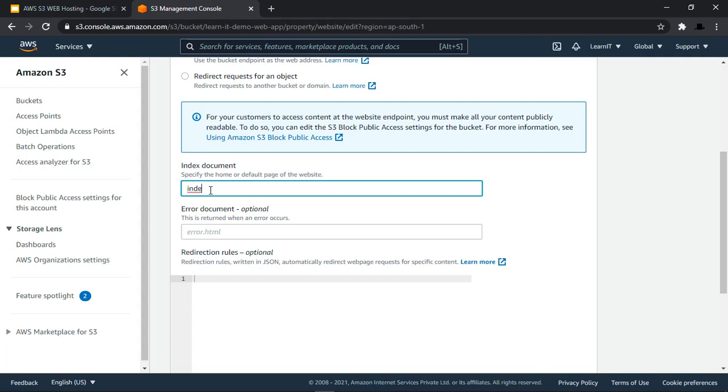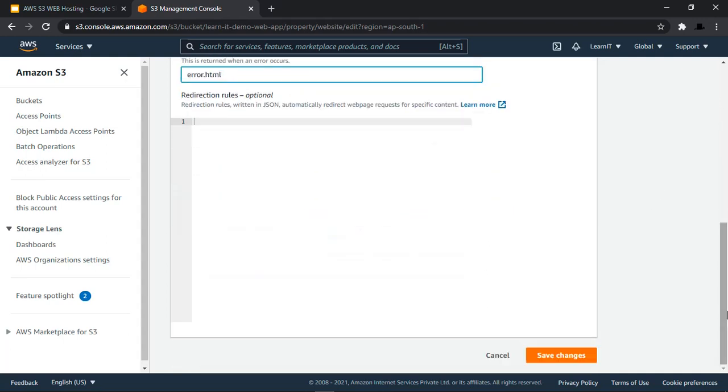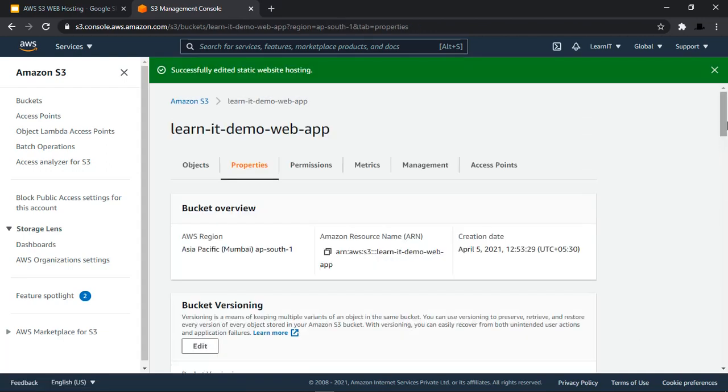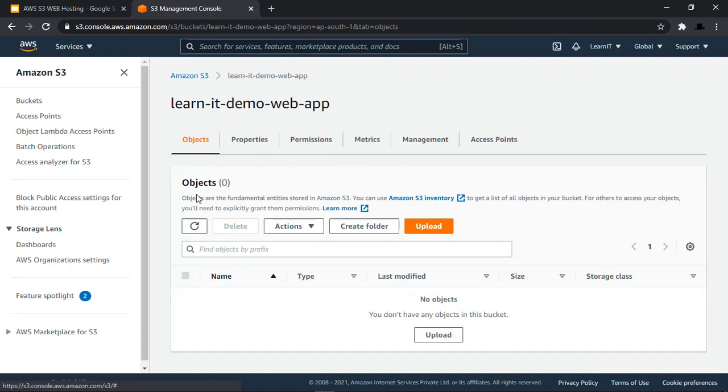And here we have to configure our website's index.html page, that is the launch page, and the second page is error. So if there is any error for any of the objects, we want to provide a custom error.html page.